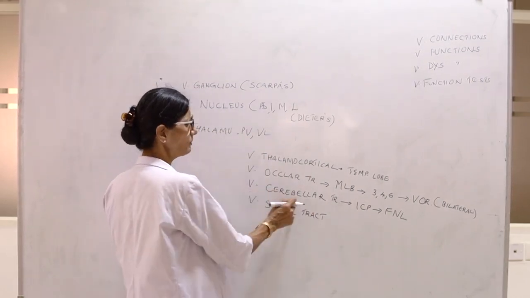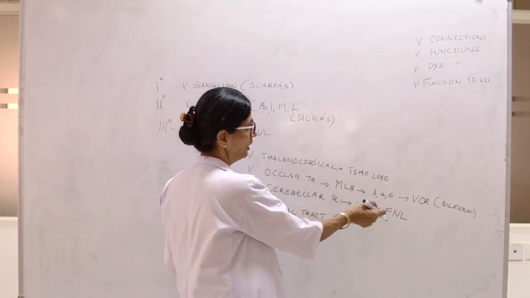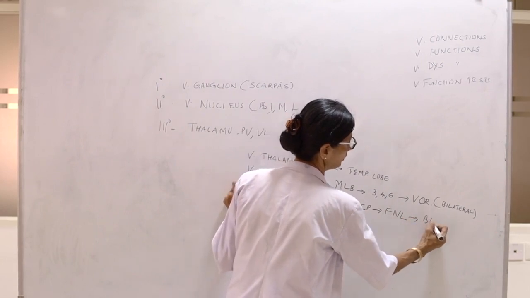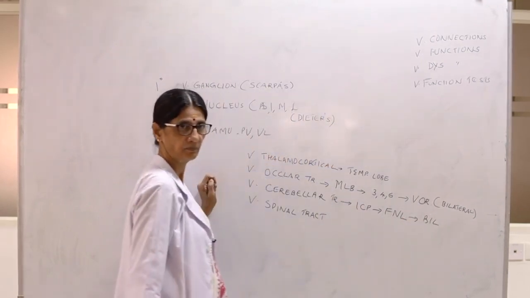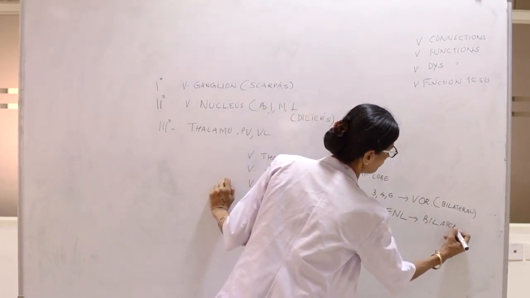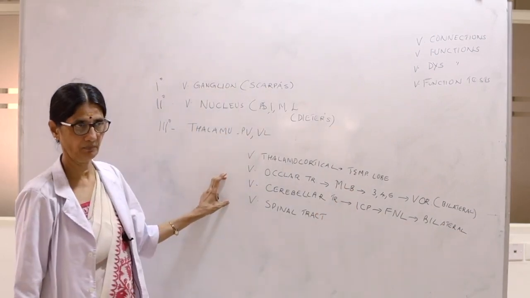So we have the vestibulocerebellar tract via the inferior cerebellar peduncle to the flocculonodular lobe of the cerebellum. Again, this is bilateral, which means it is going to both sides. And this is responsible for the maintenance of posture and equilibrium. As you know, this is a main function of the flocculonodular lobe of the cerebellum, again for posture and